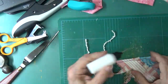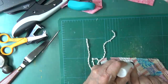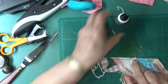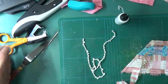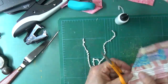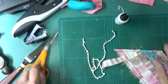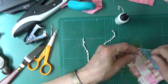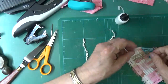So I am going to glue this under here and see about putting this on top. And then I'll just be able to trim this little bit off, and I think it'll be fine. This is kind of a messy look anyway. Let's see, so this is over, and that's supposed to be under, and then this is supposed to be,